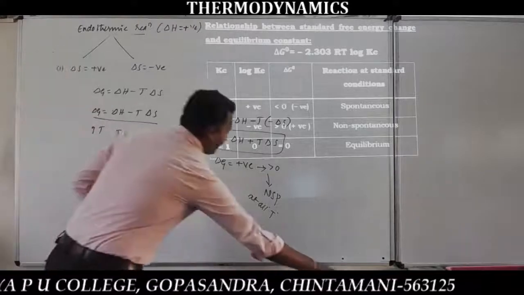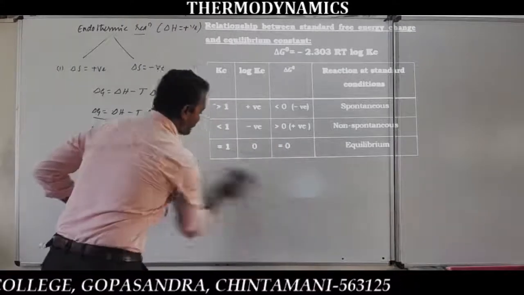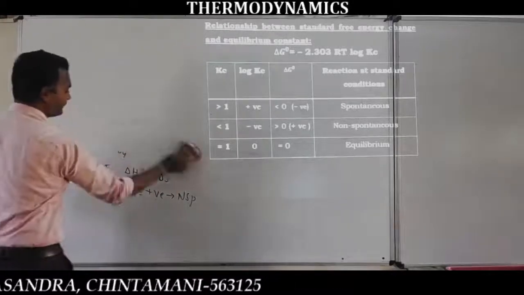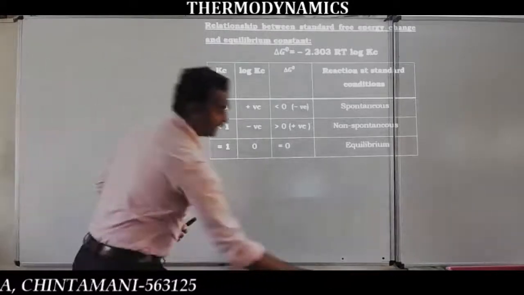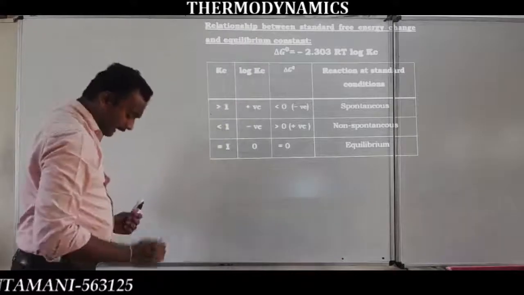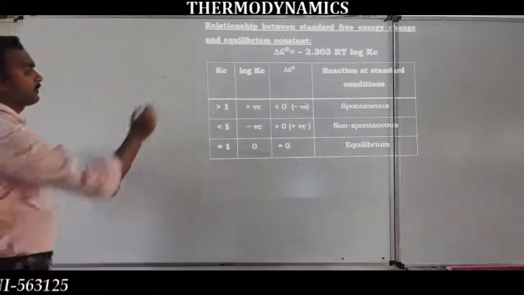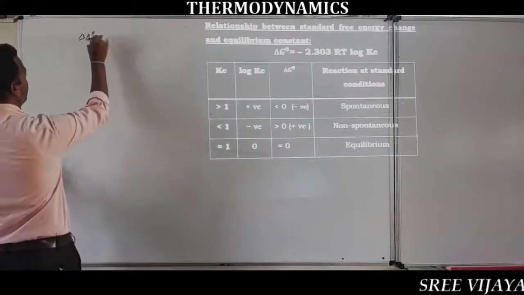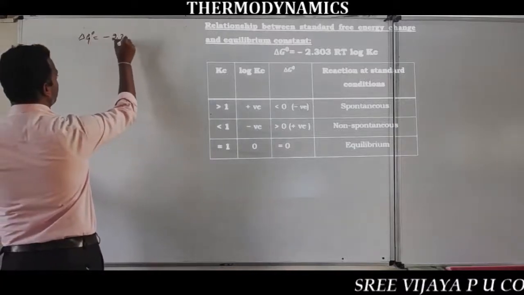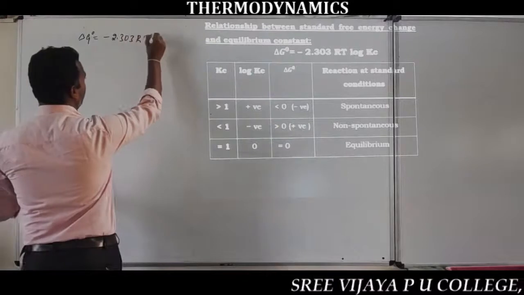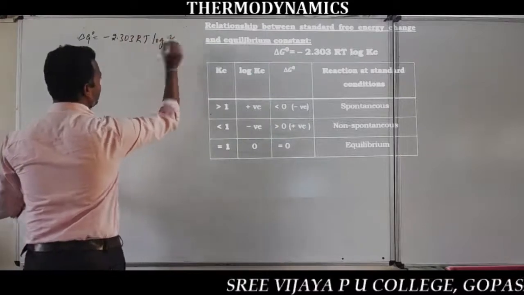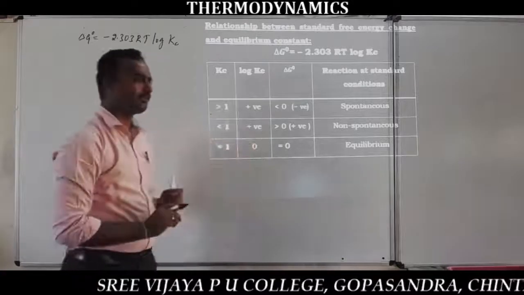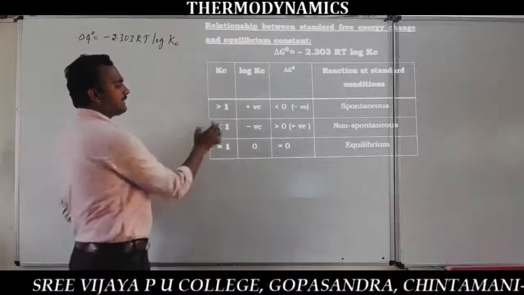So next one is, what is the relationship between Gibbs free energy, that is delta G naught or delta G, and the equilibrium constant? So what is the equation? Delta G naught is equal to minus 2.303 RT log of Kc, where Kc is called the equilibrium constant. It is also very important. So under what condition of Kc